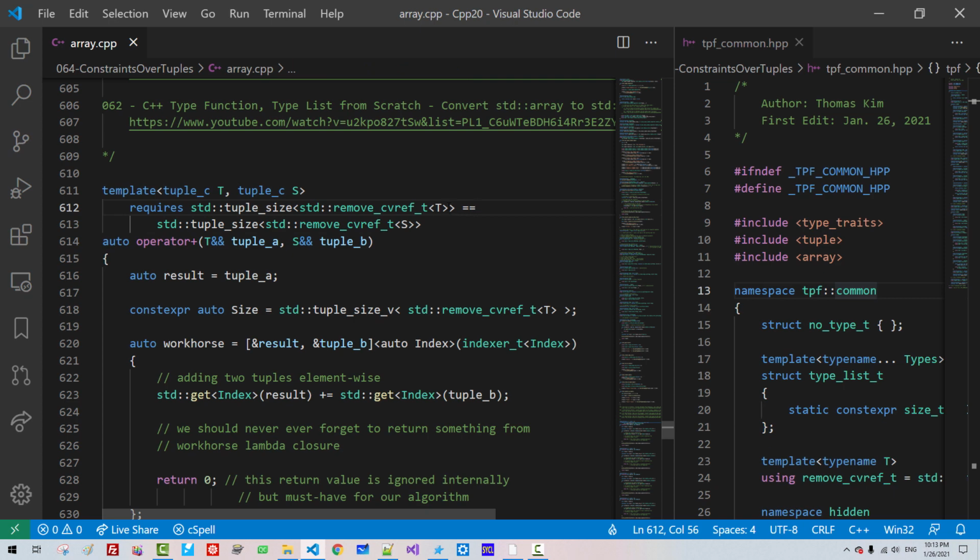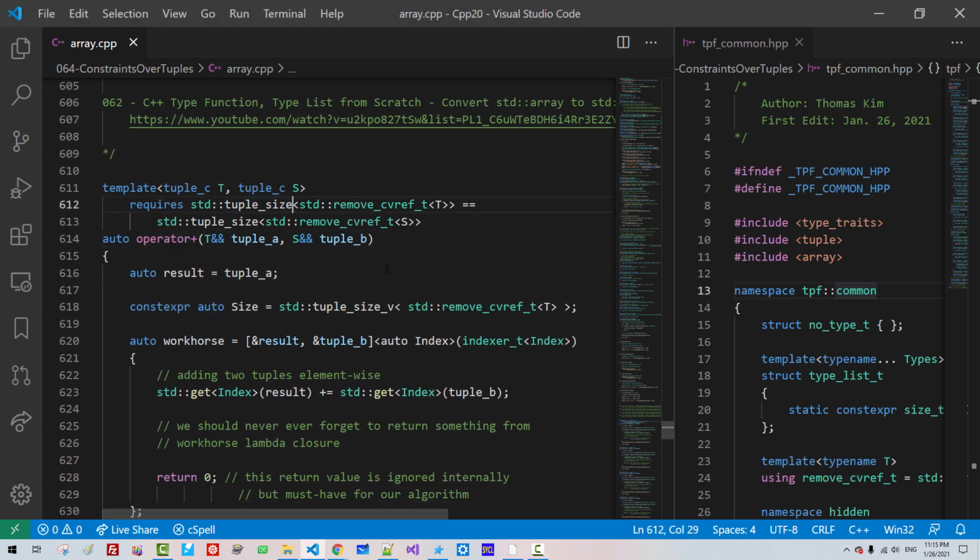When the size of tuple T and the size of tuple S are the same, this operator is valid, with _v. So the element count of tuple T and the element count of tuple S are the same. This plus operator is valid, but this part is wrong syntax.